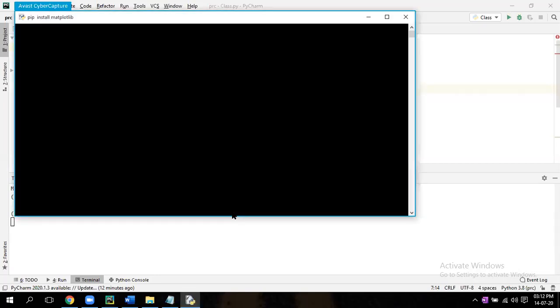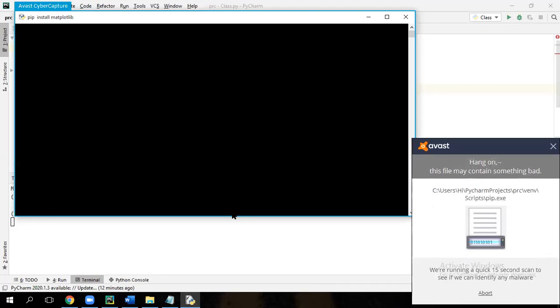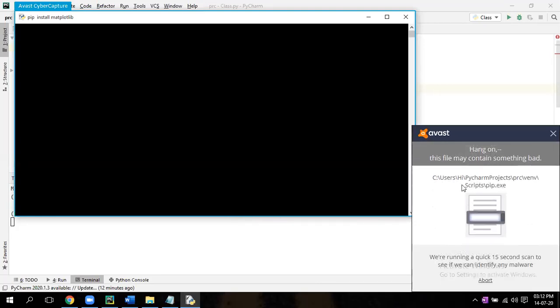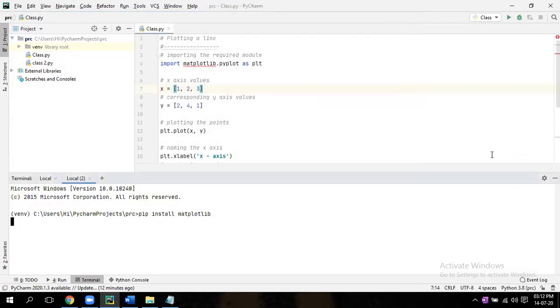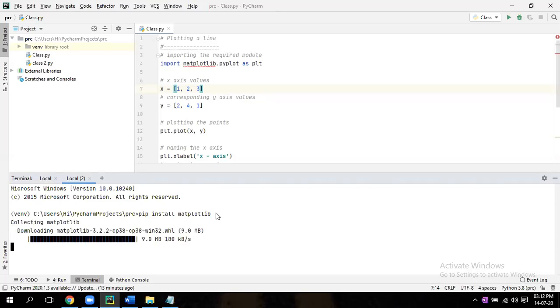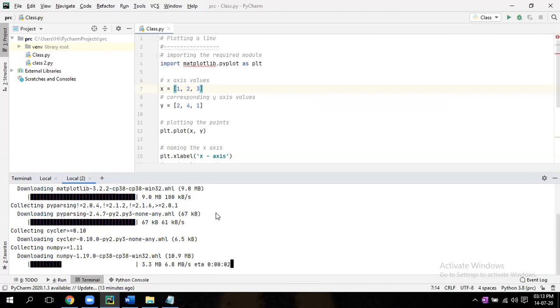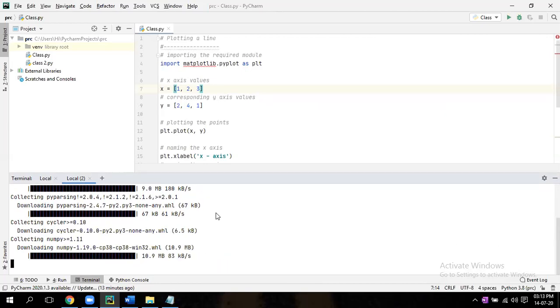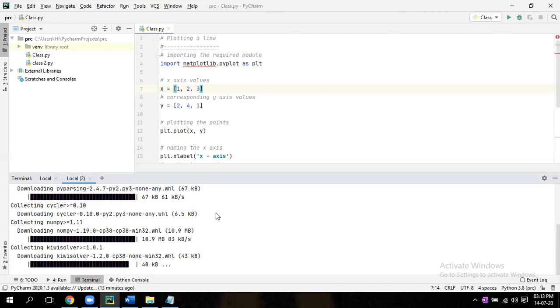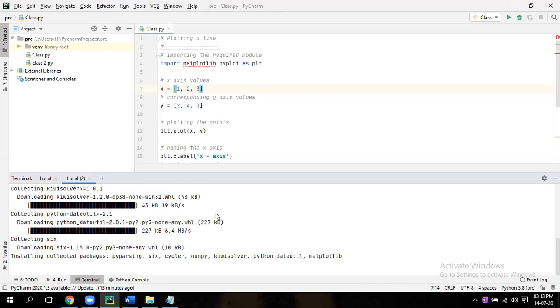For this, an internet connection should be there. It will take hardly one or two minutes. Once you're done, it will be there.